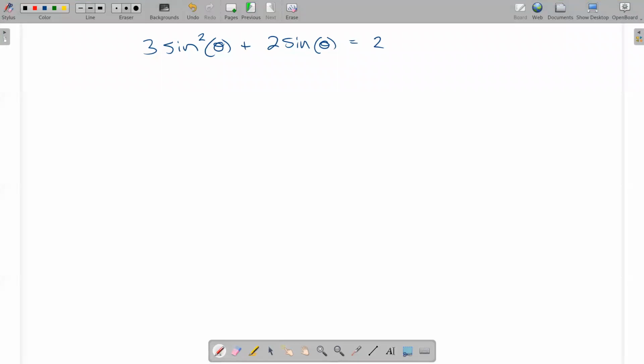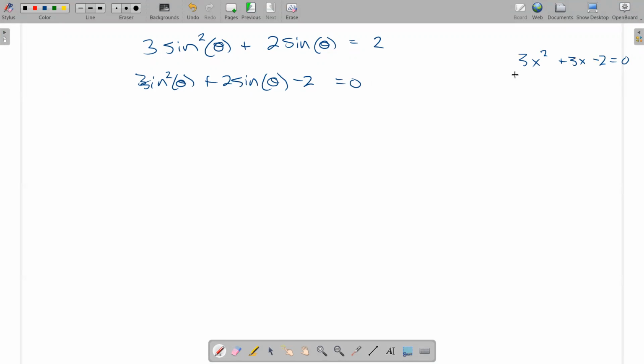So similar to the last problem, with the 2 on the other side, this isn't going to factor. So when I bring the 2 over and I rewrite it as 3 sine squared of theta plus 2 sine of theta minus 2 equals 0. Often when I factor it, I just think about it as 3x squared plus 3x minus